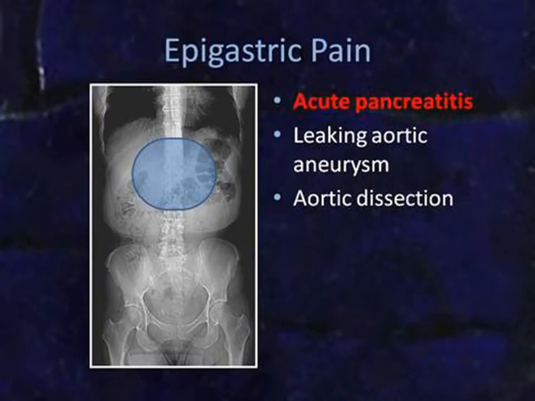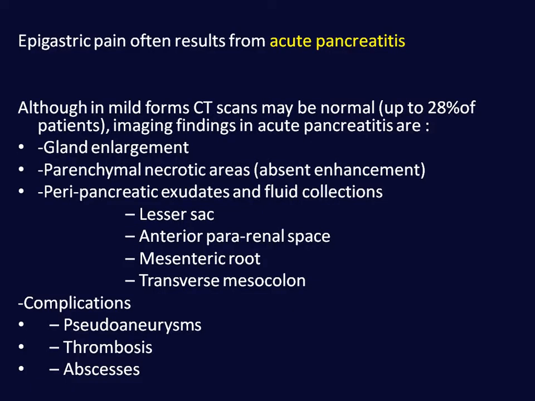For epigastric pain, the most common cause is acute pancreatitis, then leaking aortic aneurysm and aortic dissection. You should keep it in mind. The findings of acute pancreatitis, if it is mild, might be overlooked by CT scan. However, in the more severe cases, there will be gland enlargement, parenchymal necrotic areas, peripancreatic exudates, and fluid collections in the lesser sac, anterior pararenal space, mesenteric root and transverse mesocolon,